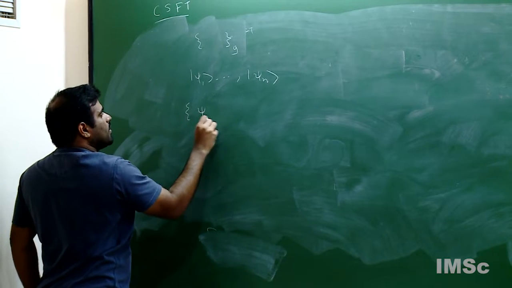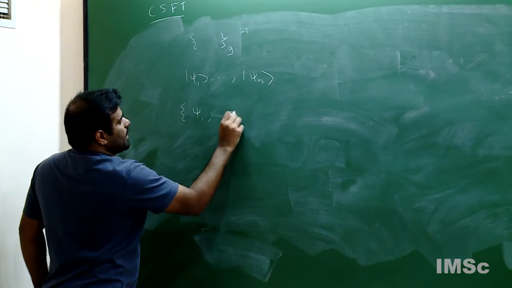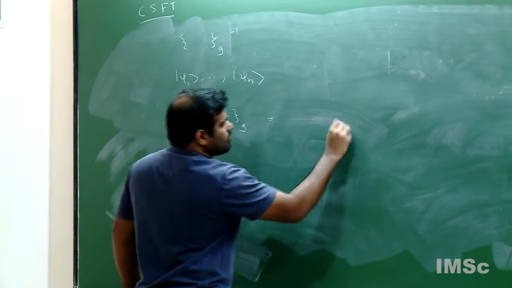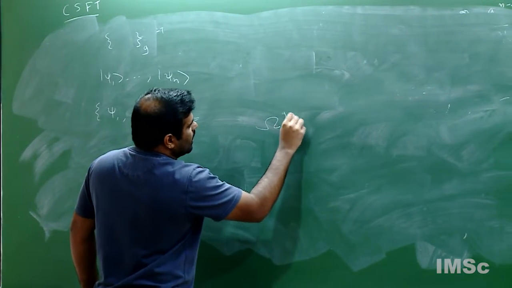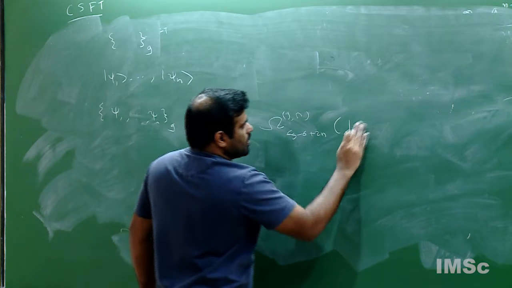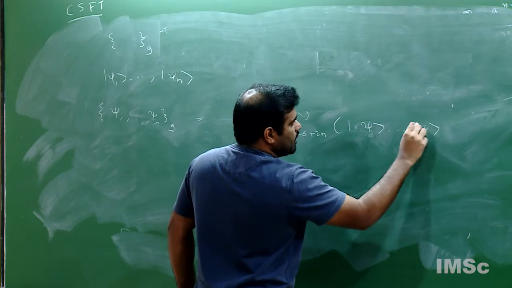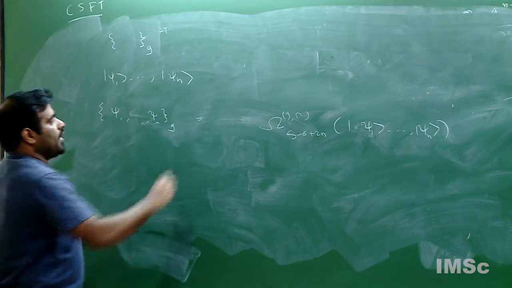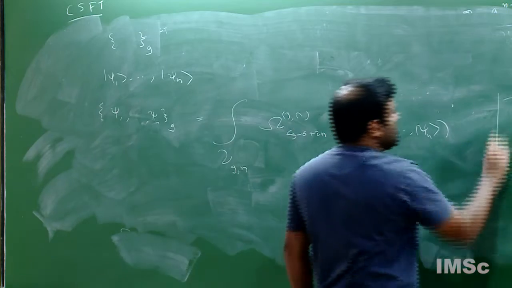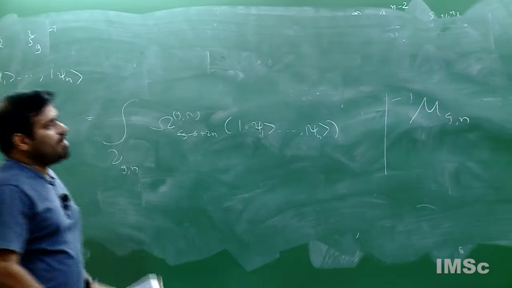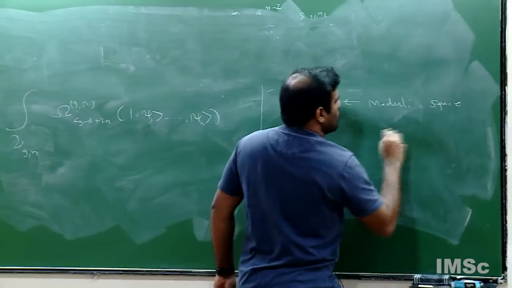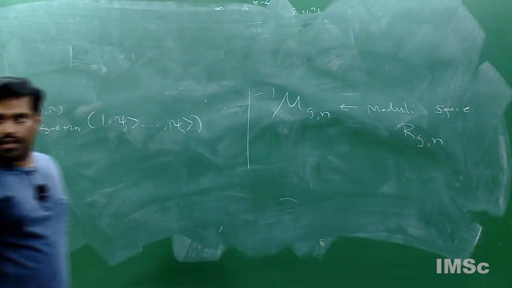Then we want to construct the bracket of psi 1 to psi n associated with a genus g Riemann surface by considering the off-shell measure omega g n. I will explain what I mean by off-shell measure. It is constructed for string fields psi 1 to psi n, and you can integrate this over a region in the moduli space of genus g Riemann surfaces with n punctures. So M g n denotes the moduli space